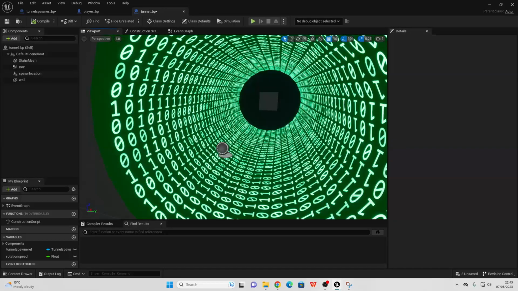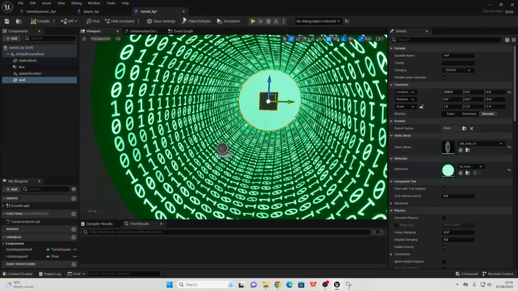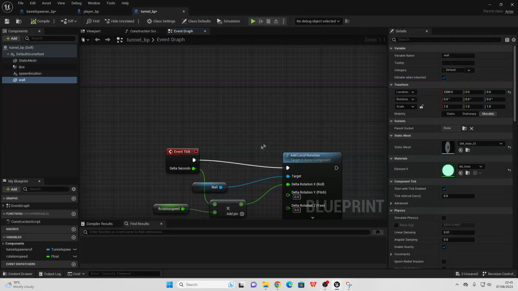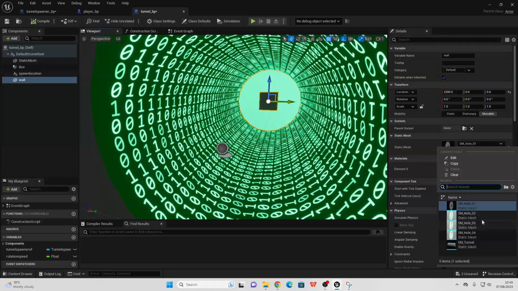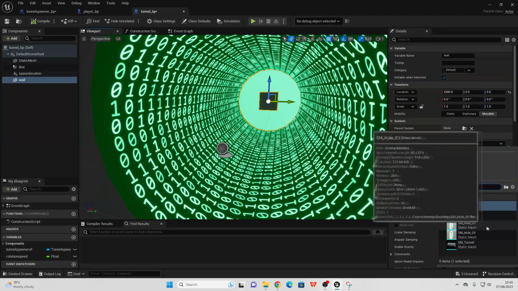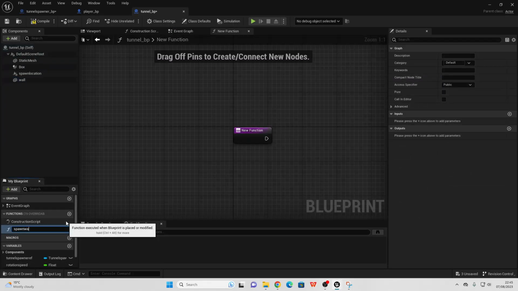If we go back to the viewport, I'm just going to give my wall the material of the MI hole, and then we're going to make our wall be a random mesh. So it's going to randomly be either this SM hole 1 mesh, this 2 mesh, this 3 mesh, or this 4 mesh. So if we go over to our functions and create a new function and call this spawn wall,